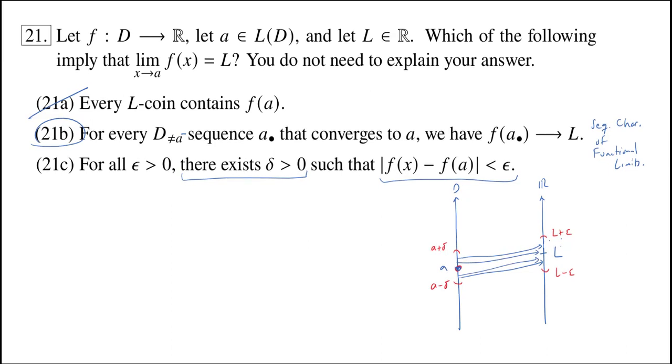Okay, so if we had added in such that if x is in D and x and a are within delta but not equal to each other, then we would have that the distance between f of x and f of a is less than epsilon, meaning the f image of x is in the f of a coin, rather, of radius